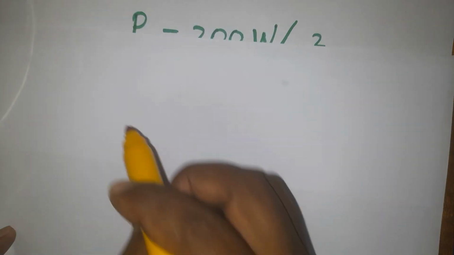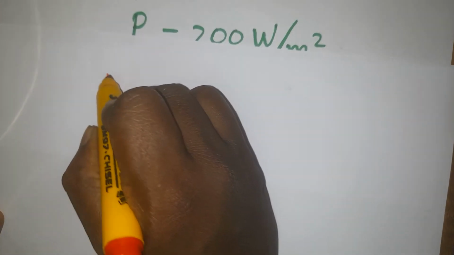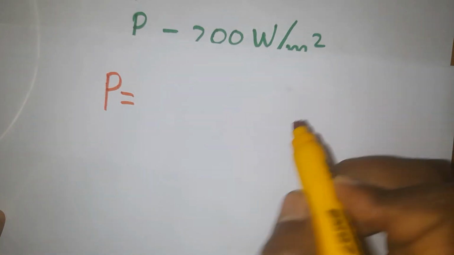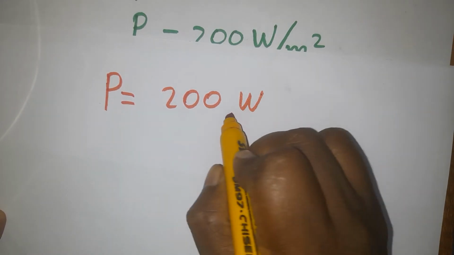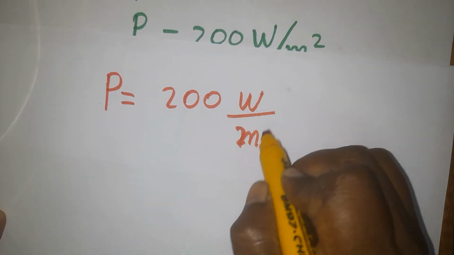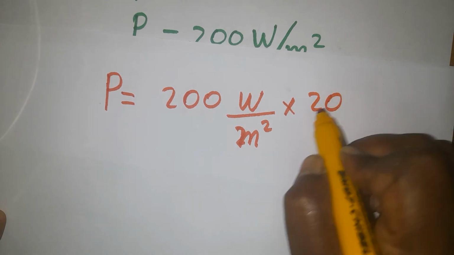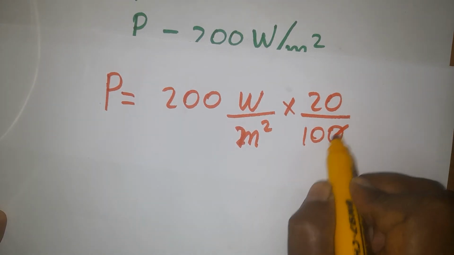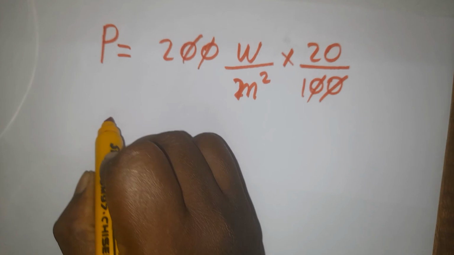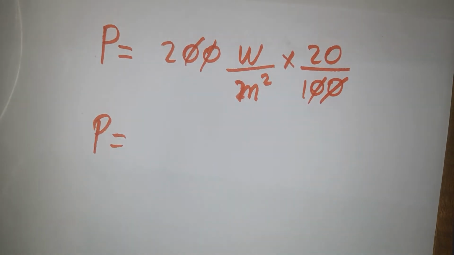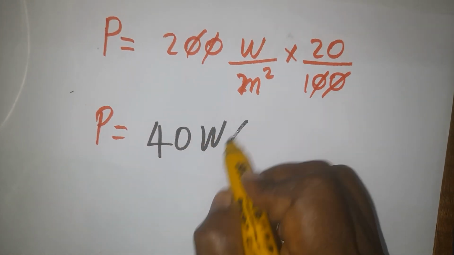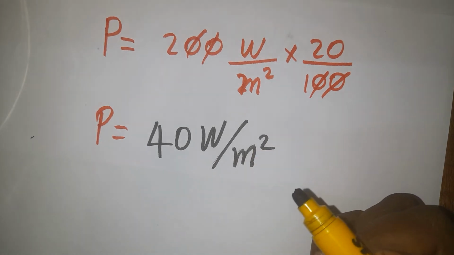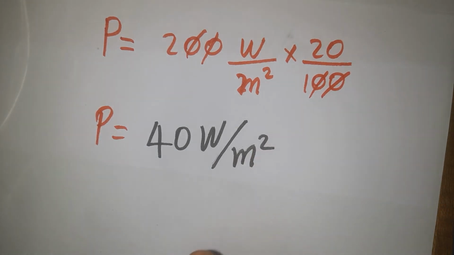First I am going to tell you what power will be given per unit area. It's going to be 200 watt per unit area. Out of this, only 20% is going to be given, so 20 divided by 100 we can take. The zeros get cancelled. So the net output we get is 40 watt per unit area, per meter square. This is what we can get per unit area.